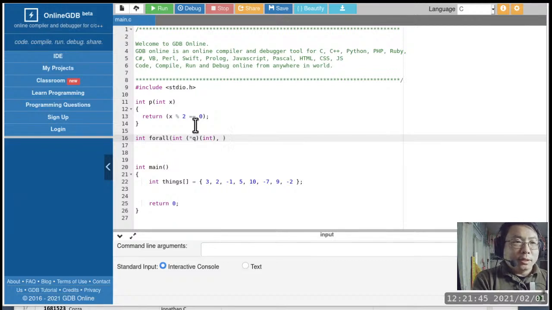So p itself is a parameter, but we also have to specify where my universe is. The universe is going to be a pointer to an integer, because in C and C++ and Java too, which are strongly typed languages, we can't specify that this parameter can be of any type, or that this is an array of any type. And then we need one more thing: we need to know how many things are in the universe.